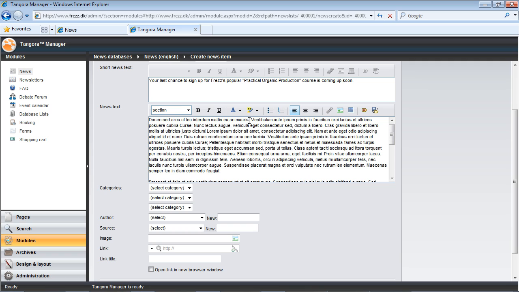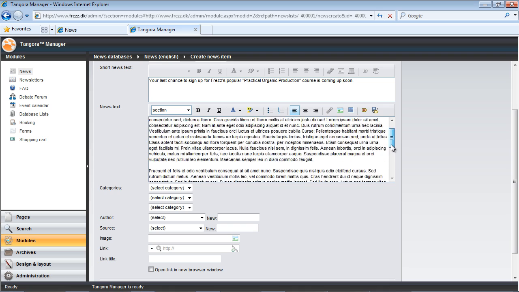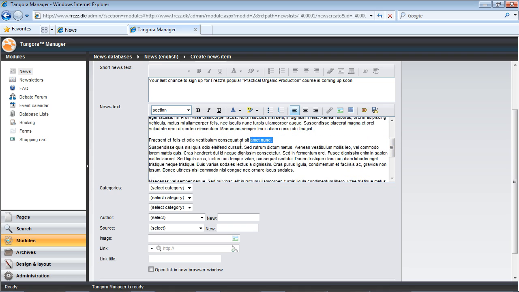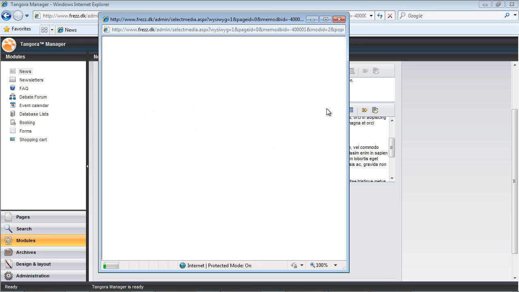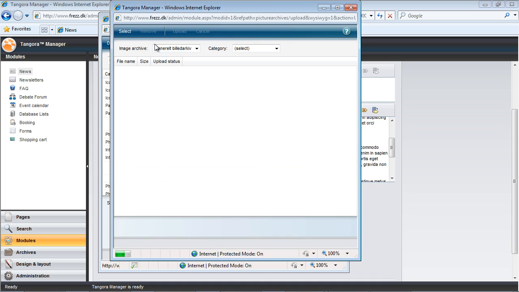And what I could do is make some internal section headers just by using the bold button. And let's say I have a picture here which I want to include inline in my body copy. I could just hit Insert, and now I could either choose an image from my image archive, or I could upload images directly from my computer, which is what I'll do now. As I upload an image, it will appear directly in my news text, and it will also be archived in my central image archive. So I'll just choose an image archive category from the select box here, and then hit Select.